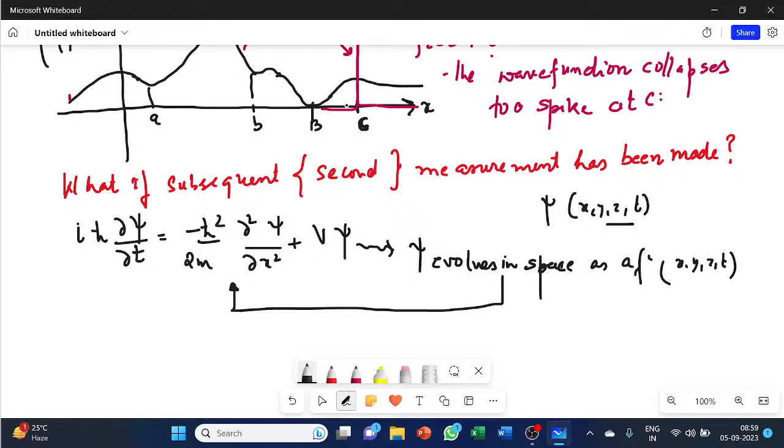So what does it represent? It represents that once the measurement has been made, my wave function collapses to C. This is point number one. Now, the subsequent measurements, if I know that it is at C, then it will yield me C. Otherwise, I don't know about it. So what is the way? The way is to take something called the average values.